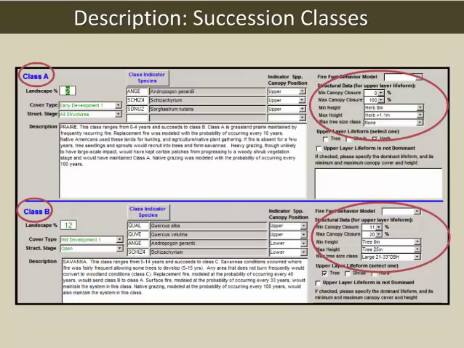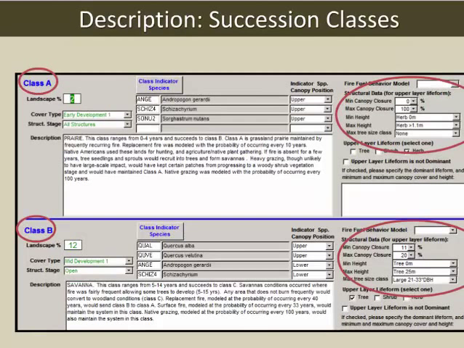So this is kind of where the fun begins in my mind. It's really important to grab those basics like geographic range and biophysical site descriptions. But one thing that I think LANDFIRE added in terms of a national set of descriptions is information on the succession classes or seral states of the biophysical settings. So here you see a couple. We limited each ecosystem to 5 so that it would be manageable across the country. We still had thousands and thousands of succession classes. But here you'll see an example of class A and B, and I've circled a few things. Circled the class label so you could see it more easily.